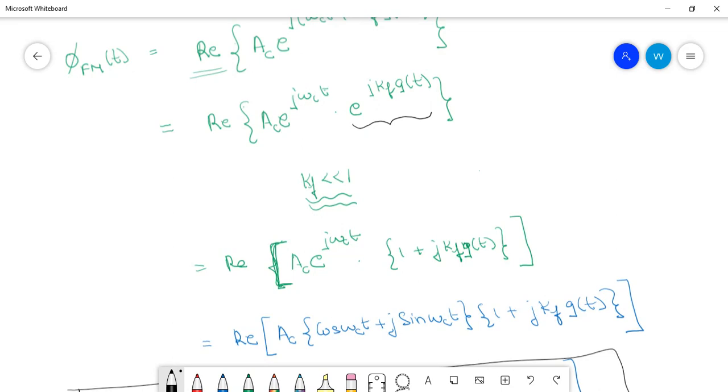Okay, if you don't approximate e to the power j kf g(t), you are considering that kf is larger than 1. In that case we basically take the Fourier series expansion of this signal. Now we all know that Fourier series is basically for periodic continuous signals. So here also you are basically expanding this part in a Fourier series format. So instead of e to the power j kf g(t), we would write this as,